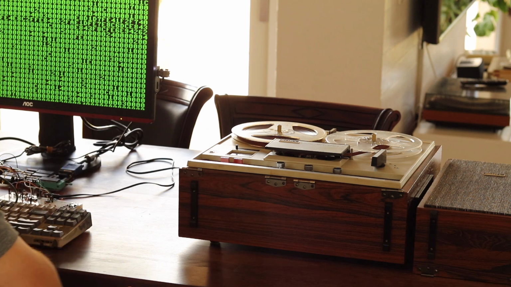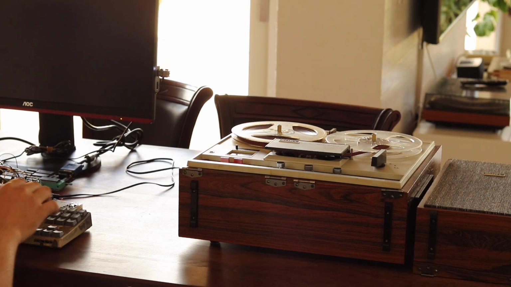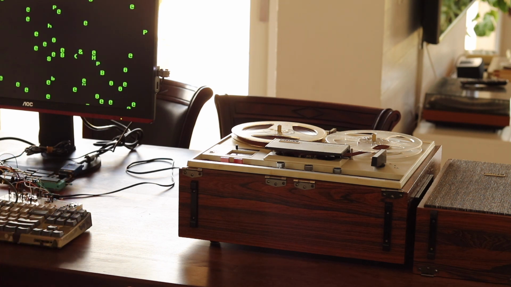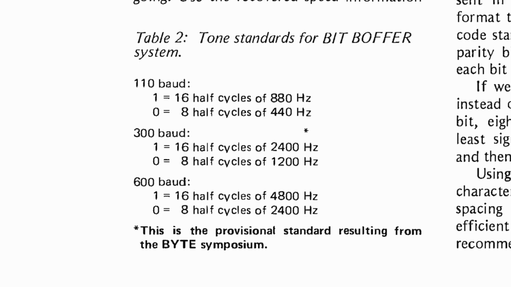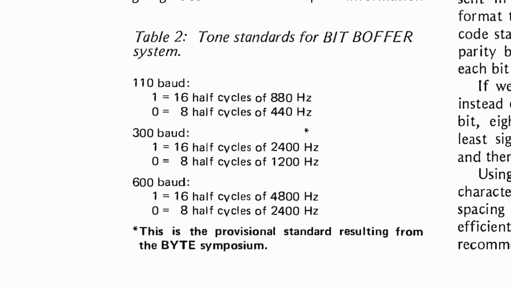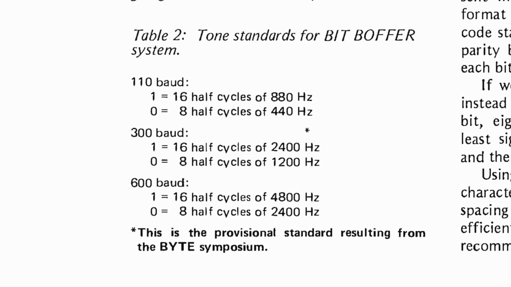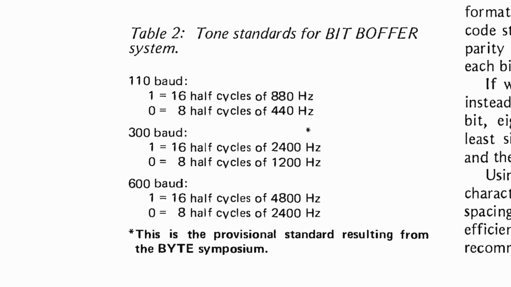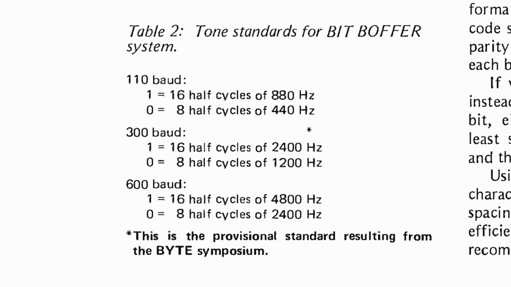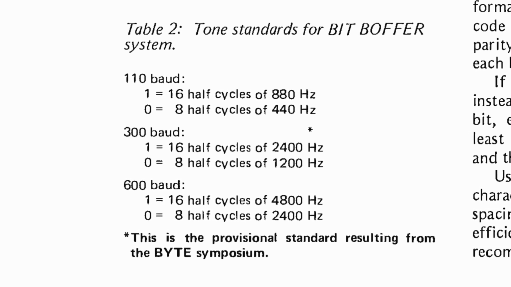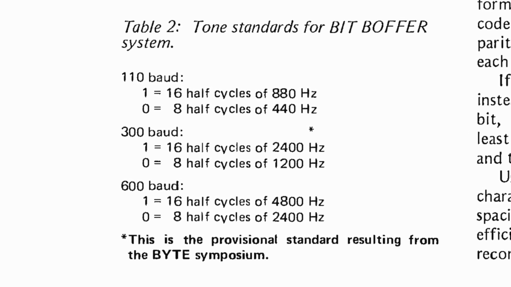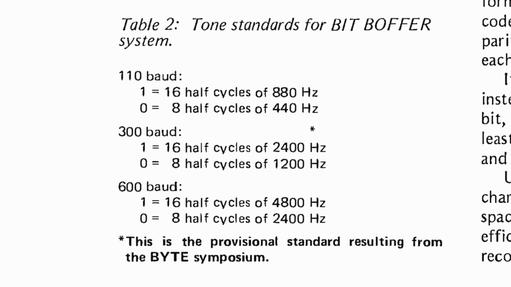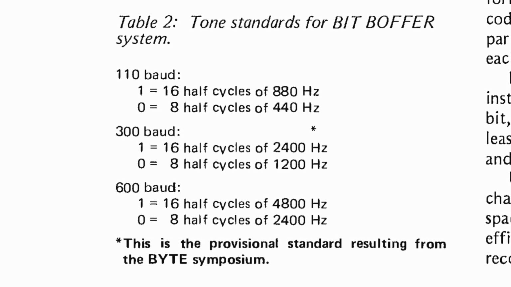Don's article had suggested using 16 cycles at 4800 Hz for a mark and 8 cycles at 2400 Hz for a space. But the consensus in Kansas City turned out to be in favor of using exactly half of those numbers: 8 cycles at 2400 Hz for a mark or a 1, 4 cycles at 1200 Hz for a space or a 0, still keeping the UART style start and stop bits and still enough to recover the clock frequency from tape.